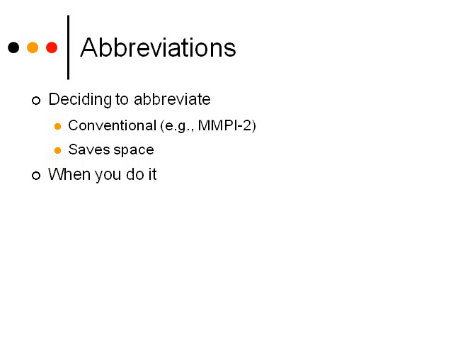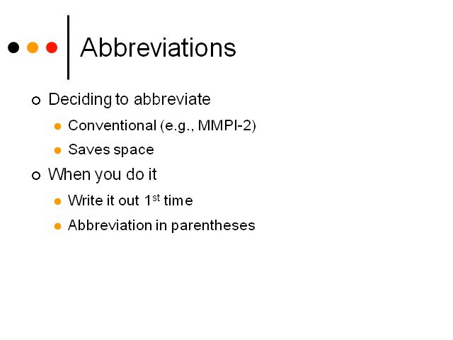When you do abbreviate, like I said, make sure the first time you mention the phrase that's going to be abbreviated, you write it out fully, and then the abbreviation follows that fully written out phrase in parentheses. We talked before about sometimes you'll have a phrase, parentheses, abbreviation, and then you'll need something else, like a citation of where that came from. There'll be a semicolon and then the citation.